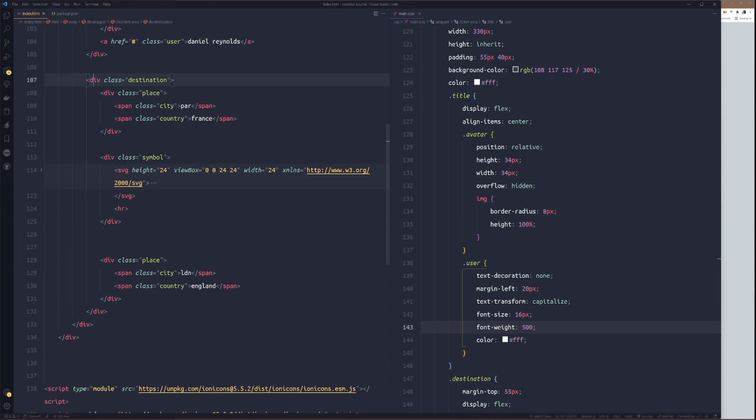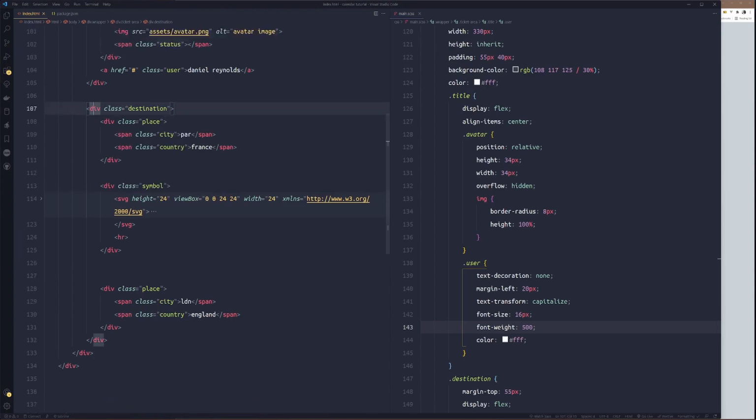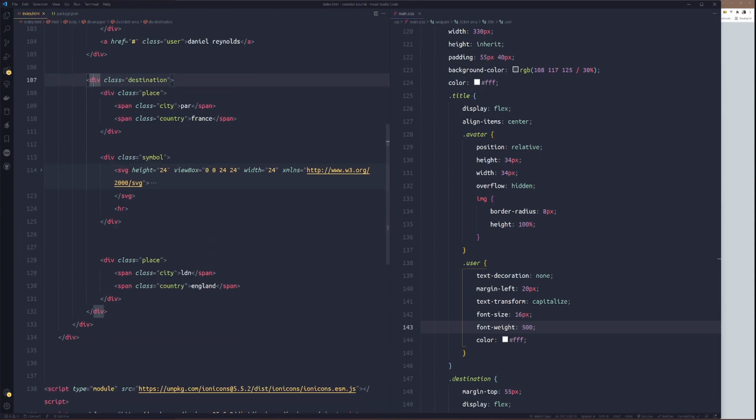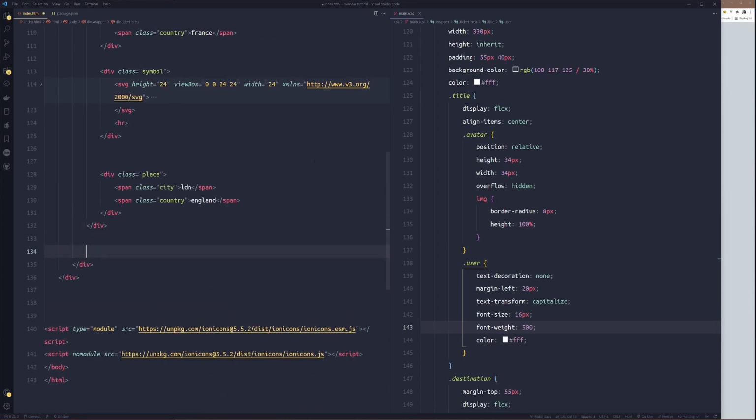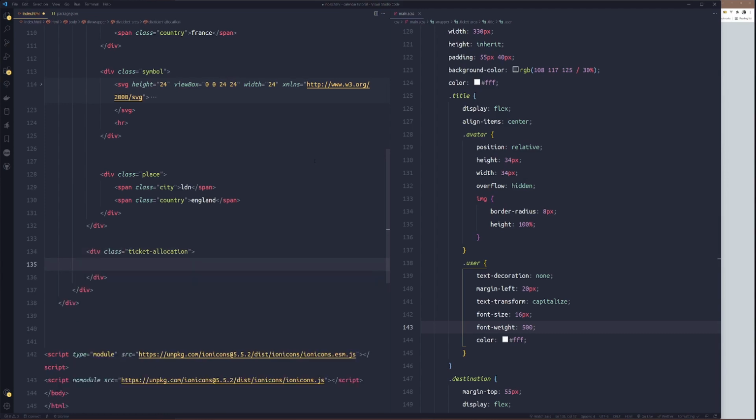So just after the destination, we'll create a new div class. We'll call it ticket allocation. Then inside we'll get the price detail.